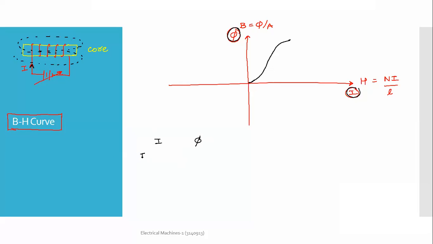So first here, when the current is zero, flux is zero, this is the point. Let me call it point O. From point O to point A, the current to the coil is maximum and the flux is also maximum without any saturation. So that is point A on the curve. So this is called the magnetizing curve, how the core material will be magnetized. That is the relation between the flux linkages in the core versus the current through the coil. So this OA represents